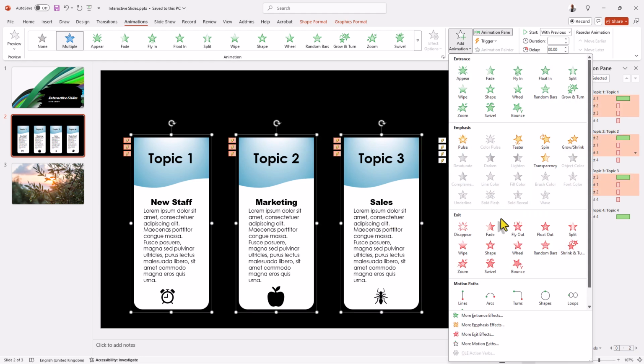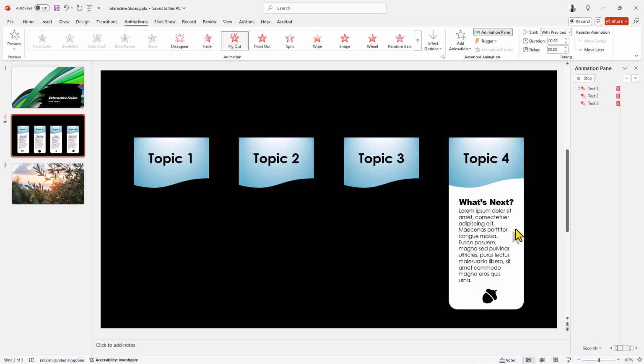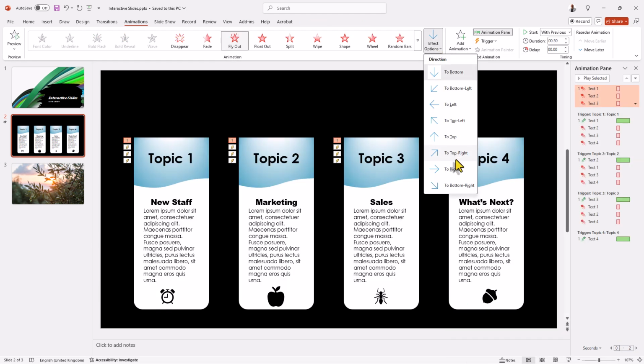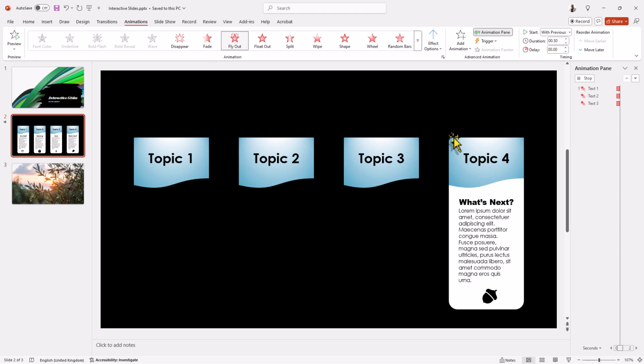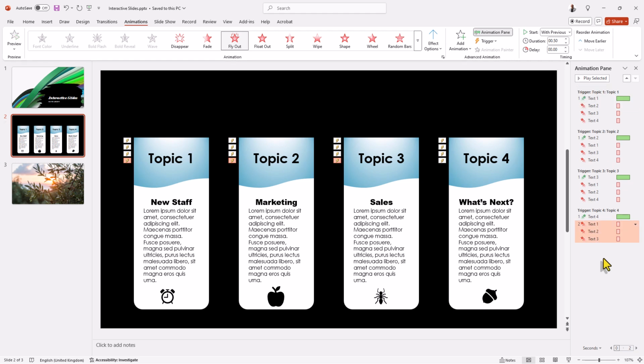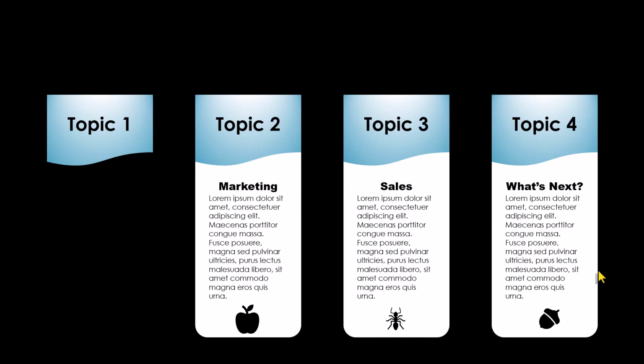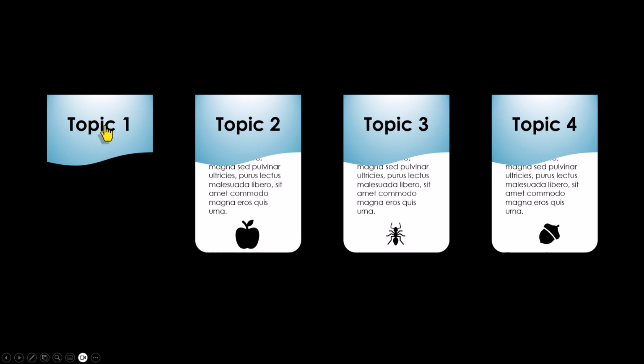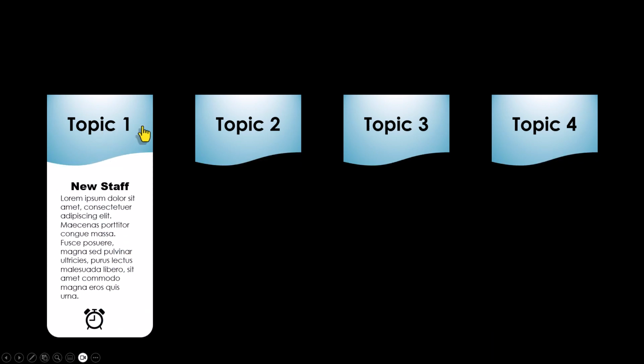So add animation, fly out, change it to the top, and then go and drag those 3 down so they're below text number 4, and change that to with previous, so that you've just got a number 1 there. So now let's run this and see what it does. Don't worry about this at the moment. When we click number 1, that comes down,